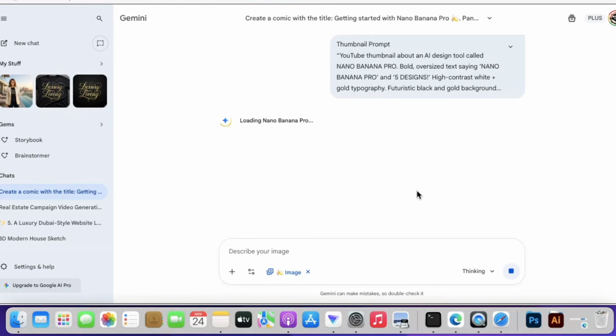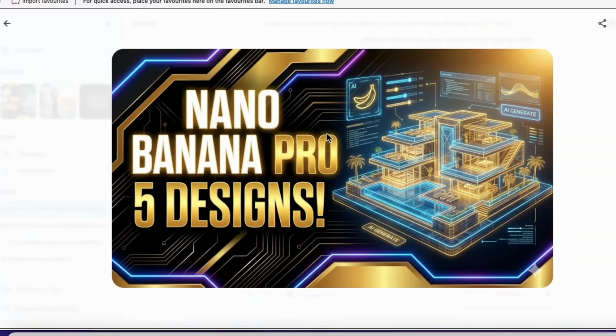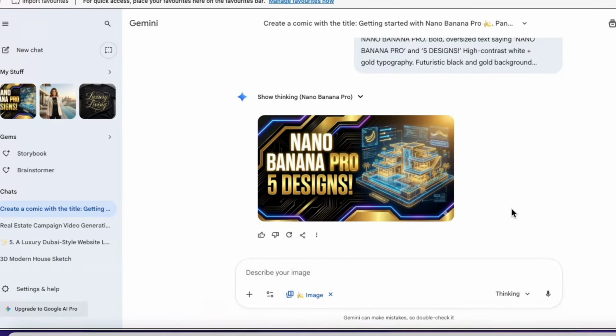Like you can see, I'm still waiting on the image. It's taking a bit of time, but we are going to get there eventually. Okay, our designer is finally ready. Like you can see, I think the tool did an amazing job. If you have your own image that you want to attach to the thumbnail, you can do that before running the prompt, just like how I've been encouraging you to do with our other designs. So I really generally think that the tool really did good, and the upgrade, I want to personally give it a thumbs up,